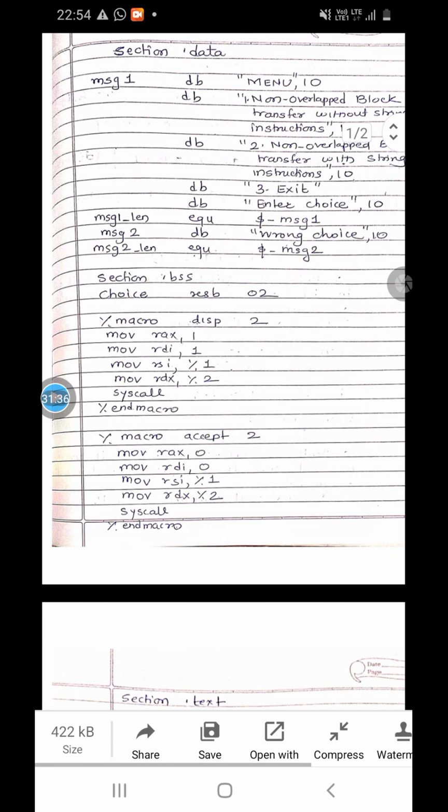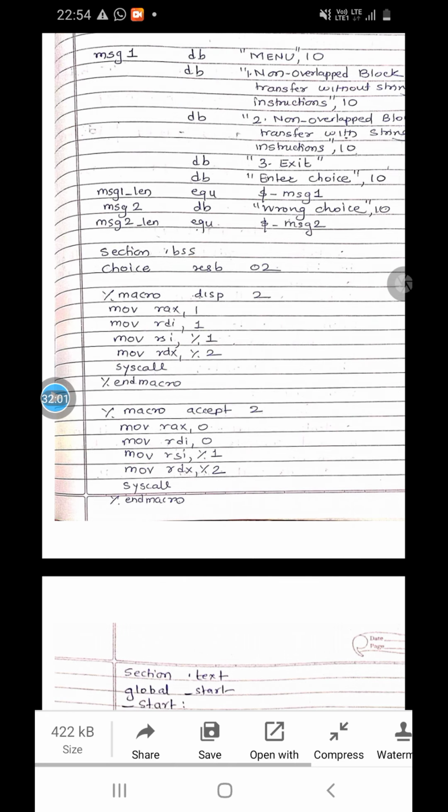Now in this case we are accepting the choice from the user. So we have to declare one array whose name is choice. You can give any name. Choice reserve bytes 2. That means whenever you write the string on the screen, enter choice, the user will enter the choice either 1, 2, 3 or anything, and the user will press the enter button. Suppose the user has entered the choice as 1 from the keyboard, this is stored as 31H, its ASCII value.